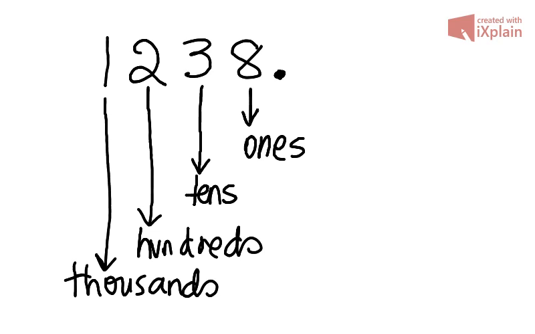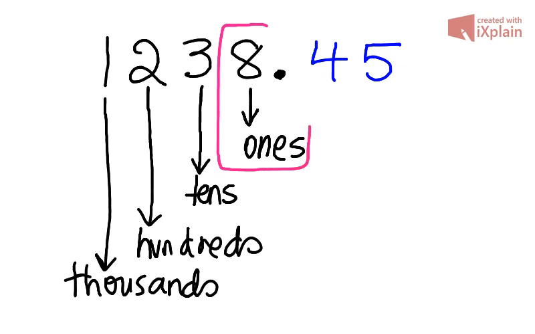it will be past the decimal point. So the digits to the right of this, let's say we had a 4 and a 5 here. It will be all very symmetric with respect to the ones. So to the left of the ones, what we have is the tens. So to the right of the ones, or after the decimal point, the first digit will be actually the